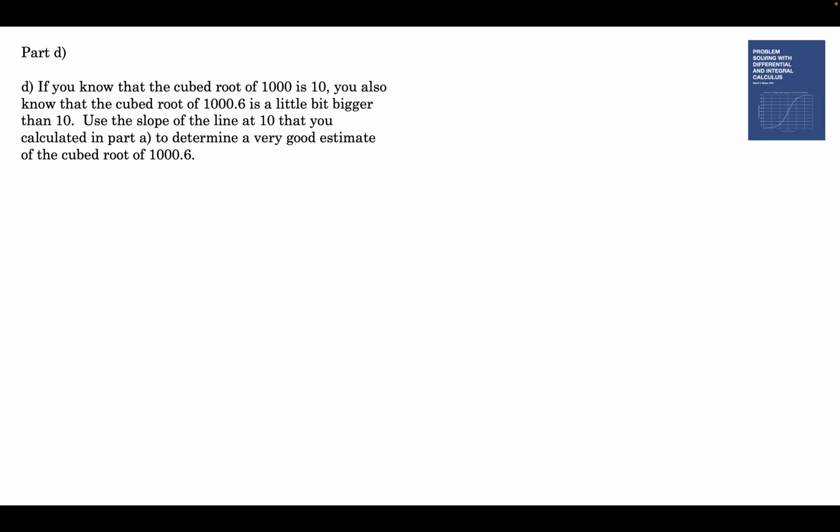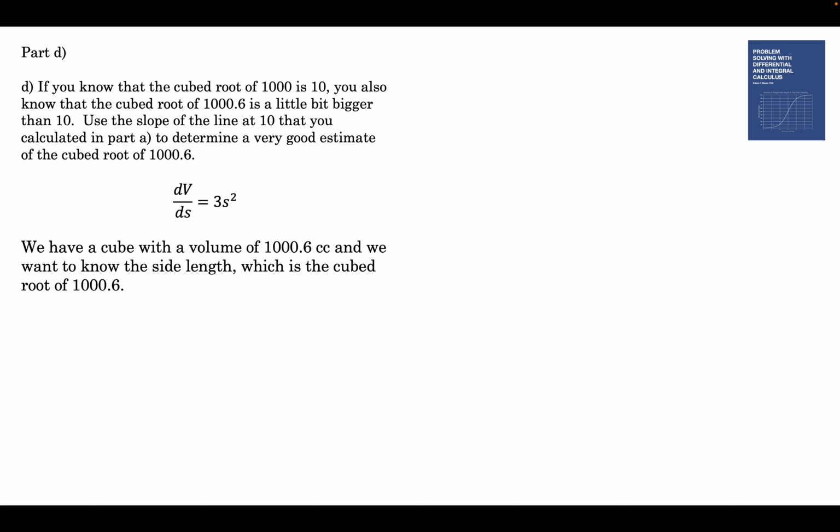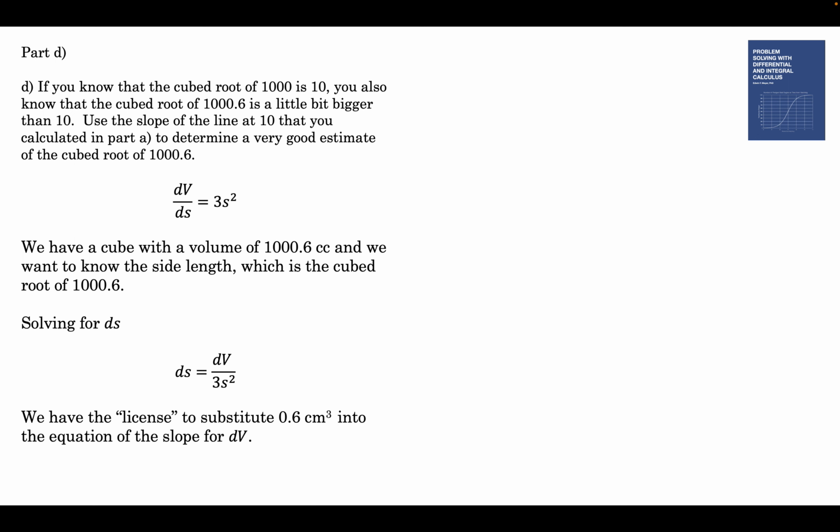On to part D. So we know that the cube root of 1,000 is 10, and we know that the cube root of 1,000.6 is a little bit bigger than 10. And we can use differential calculus to get a really good estimate of how much. So there's the change in volume divided by the change in the side length, and that's 3S squared. The volume that we want to work with is 1,000.6, so that's a dV of 0.6. So first we solve for dS because that's what we want, and we can plug in 0.6 centimeters cubed for dV. We should call it delta V, but